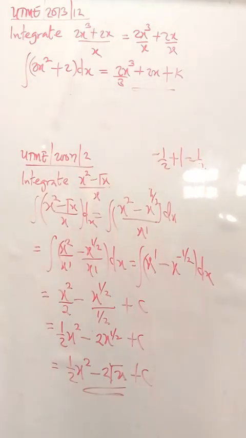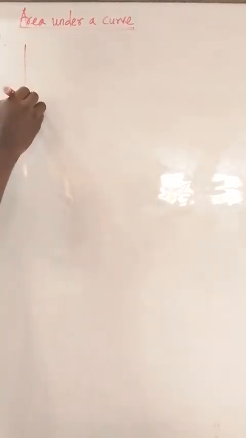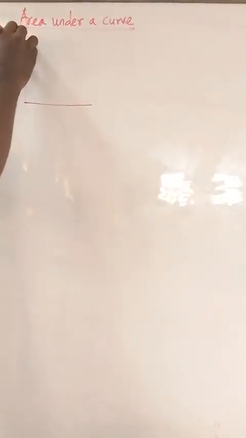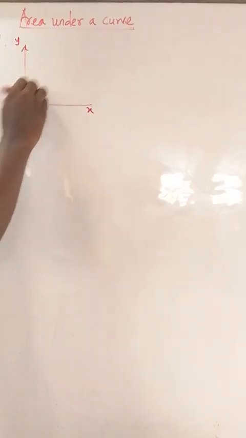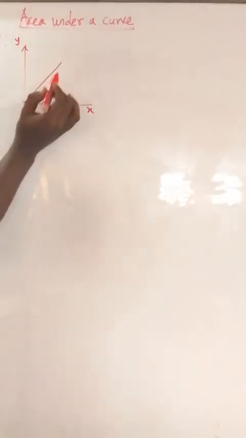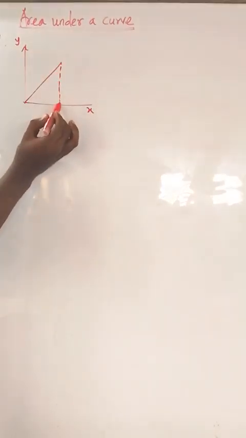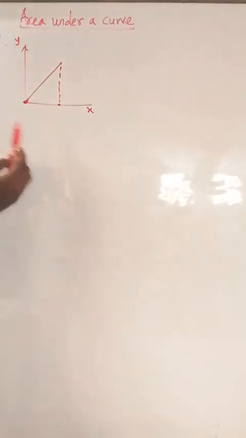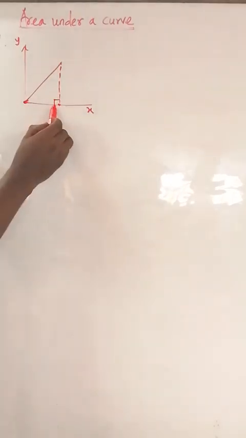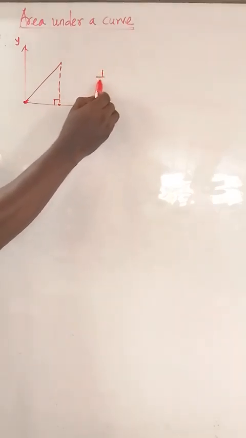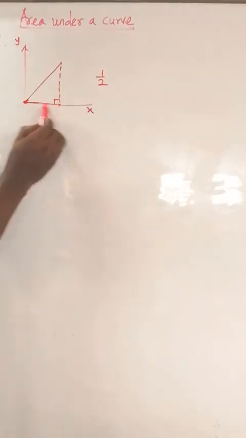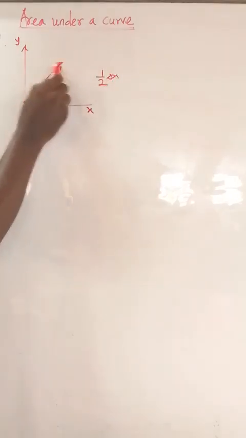Area under curve. Before we move to integration, let's do a brief revision. Suppose you have a normal graph of y against x. If we want to get the area under this graph from this point to this point, what are we going to do? We will multiply. No, this is a right-angled triangle. So we say the area is half base, which is what? Change in x, times total height here,